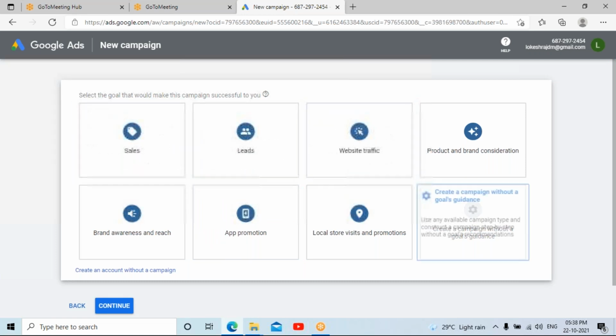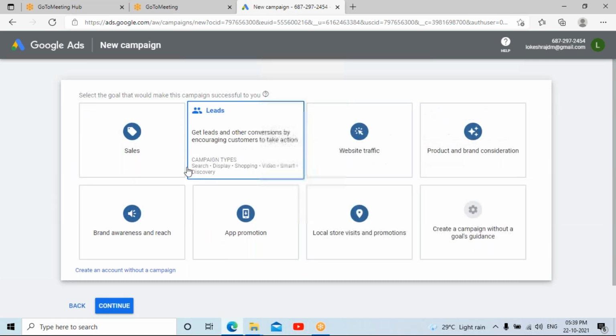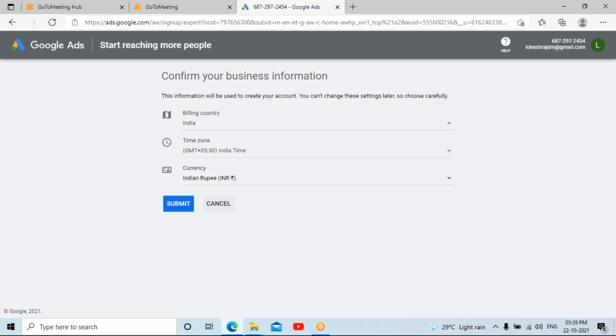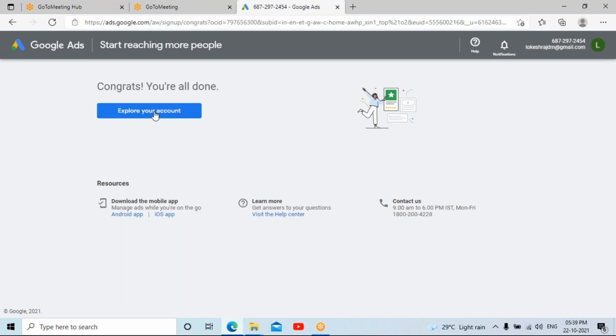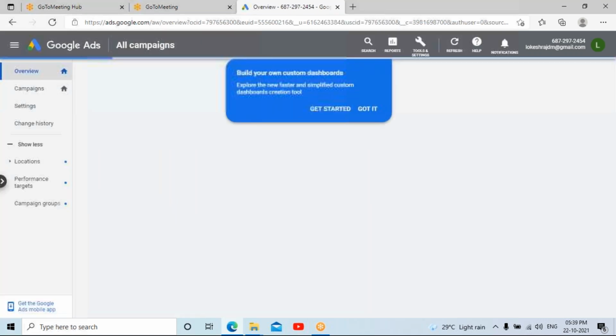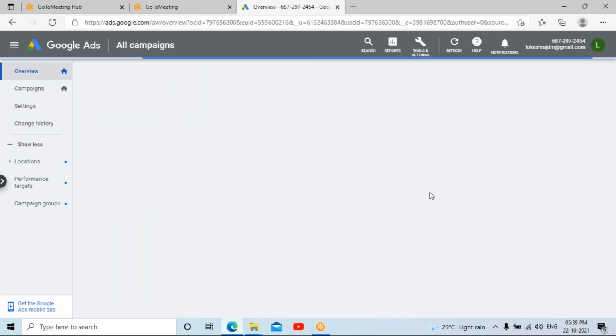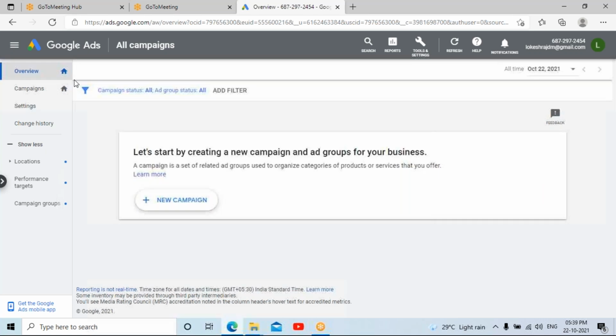You will be on this screen. Without starting with the goal selection, click on create an account without a campaign and submit, and explore your account. This is how you can create a Google Ads account. Once you have created your Google Ads account completely, you can start to create the campaign. Here in the overview, click on the new campaign option.